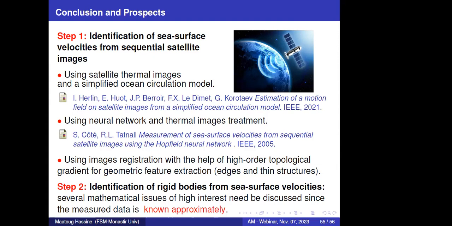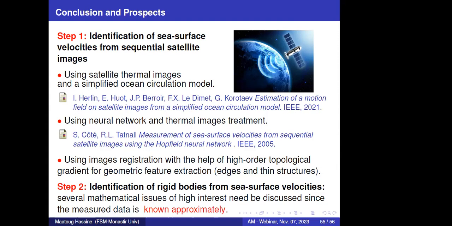The second step will be concerned with the identification of the rigid body from the sea surface velocity. So for the first step, there are many approaches that have been developed in the